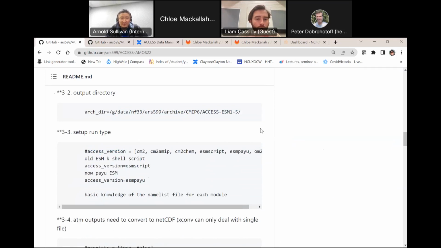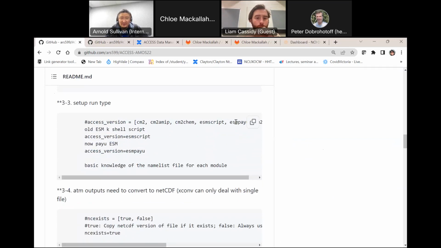I think for your case it is ESM from scratch. Because in the workshop we use the PayU version, right? But at the beginning we didn't use the PayU. We used the Scratch. We used the K shell script to run the ESM. But in the future it's on the